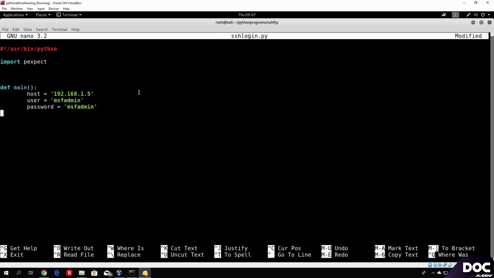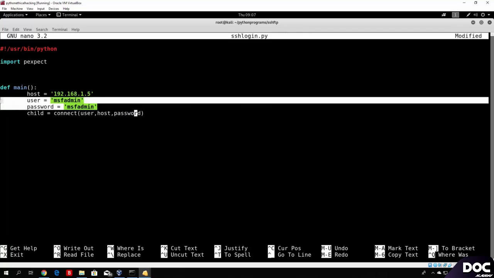Right now we will create something called child, which will be our SSH shell. We want to perform the connect function on that, which is a function that doesn't really exist, so we will have to code this function in the next video. And we want to pass to that function the host, the user, and the password. So first of all, let's pass the user, then the host, and then the password. So this function connect, which we will code in the next lecture, will take these three inputs,